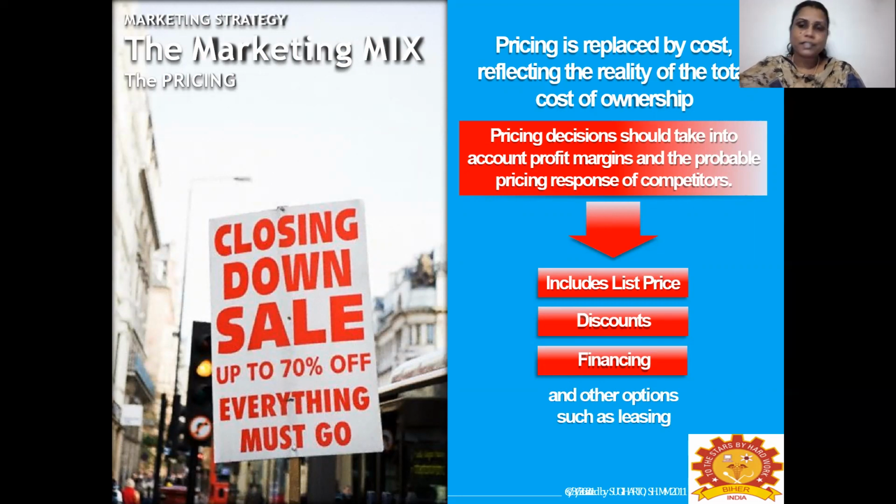There are some external factors that have to be considered. Some of the internal factors are fixed costs that you have to consider. The variable cost, which varies based on production output, also has to be considered. The company's objectives, the production capacity, the product life cycle, and the branding activity have to be considered, which are